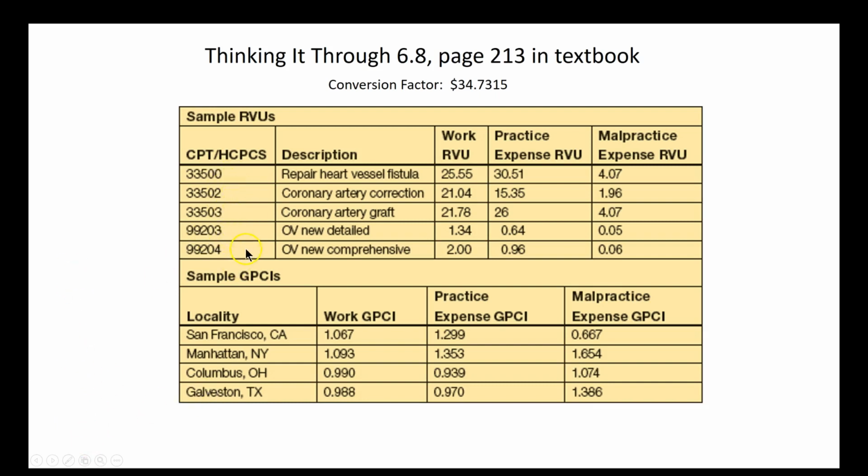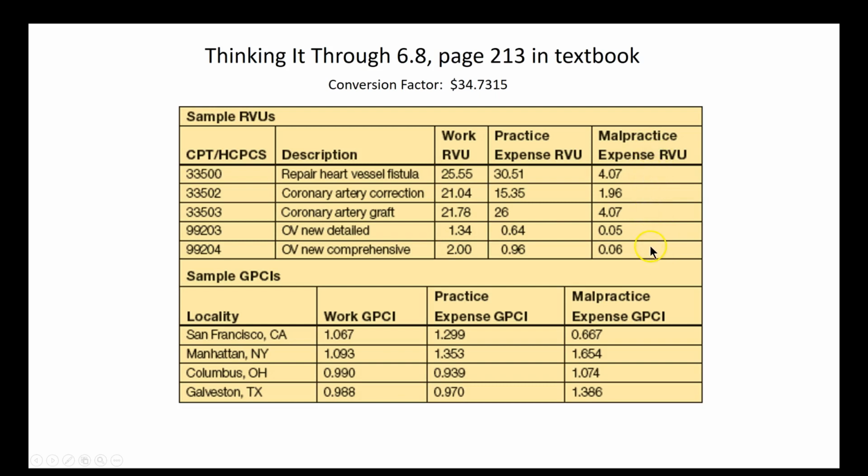and it's working with 5 CPT codes, one for the repair of a heart vessel fistula, one for a coronary artery correction, one for a coronary artery graft, one for an office visit for a new patient with a detailed history and exam, one for an office visit for a new patient with a comprehensive history and exam. And these are the relative value units. This is the work relative value unit, this is the practice expense relative value unit, and this is the malpractice